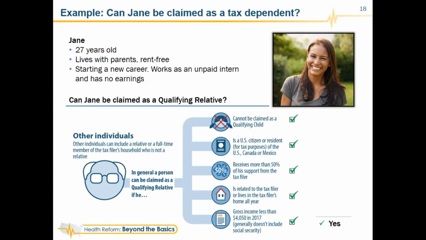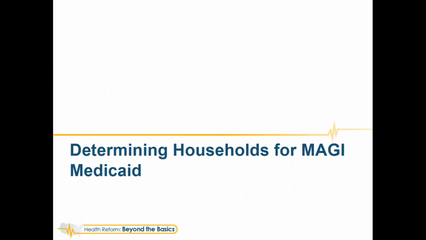But there's another option. Can Jane be claimed as a qualifying relative? So let's test this one out. And we see that, yes, she receives more than half of her support from the tax filer. She's related to the tax filer. She has gross income of less than $4,050 for 2017. And so she meets the test, and she can be claimed on her parents' return as a qualifying relative, which